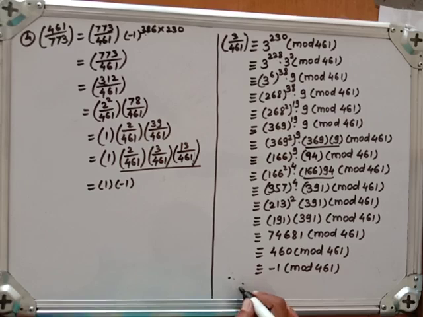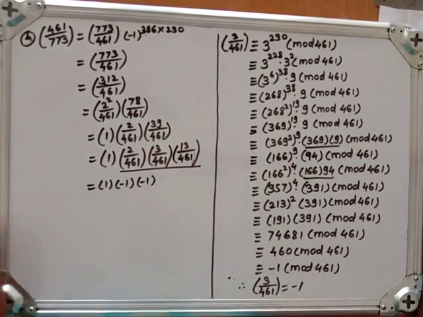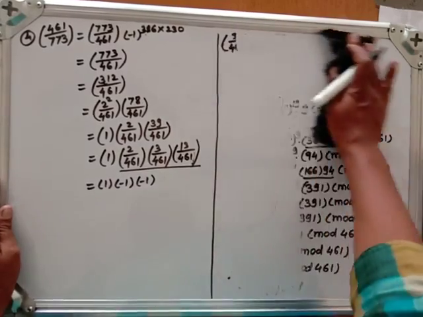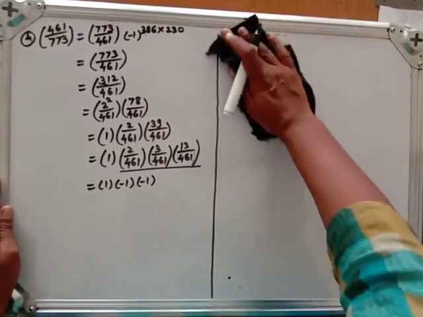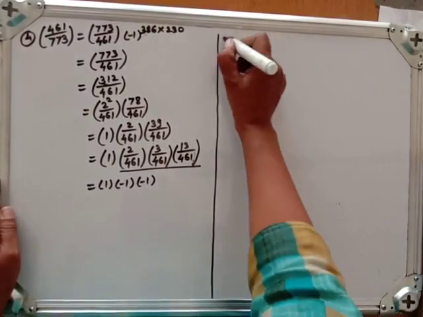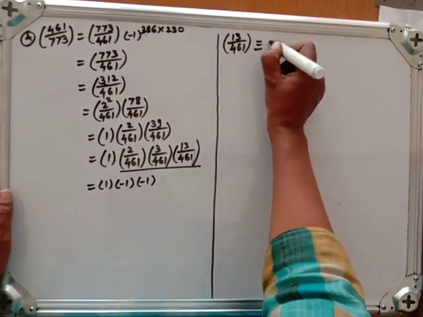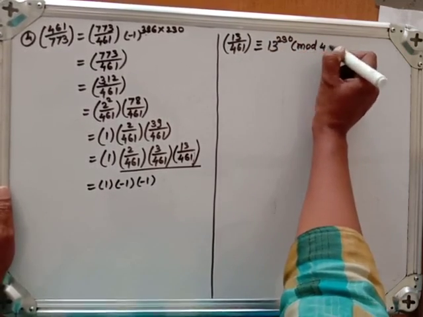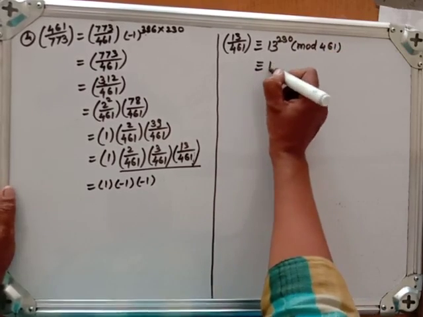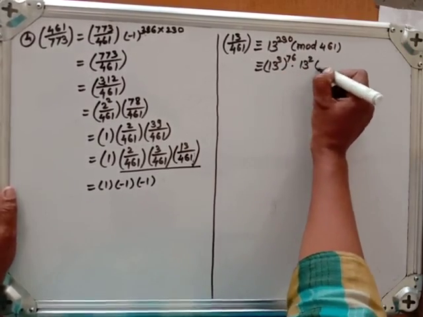Therefore, the Legendre symbol of 3 upon 461 is how much? -1. So here also we will put -1. Now the last one in this question is left. What is that? Legendre symbol of 13 upon 461. So the Legendre symbol of 13 upon 461 is congruent to 13 raised to 230 modulo 461. That is same as 13 cube raised to 76 into 13 square modulo